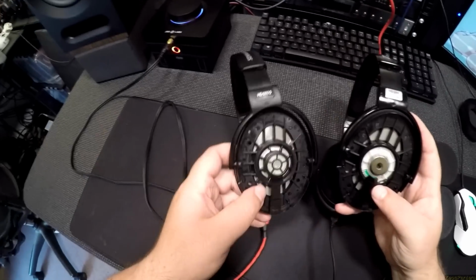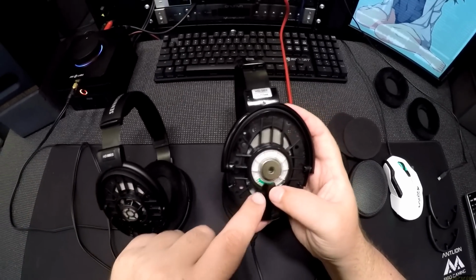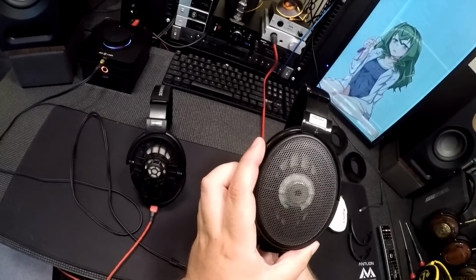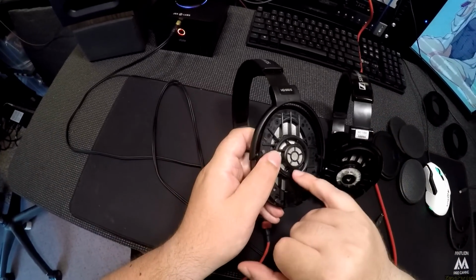I wonder why they do that. That's weird. On both sides, they have a slightly larger circuit board attached because it covers... This is covering the circuit board and it extends out. And this just has here...